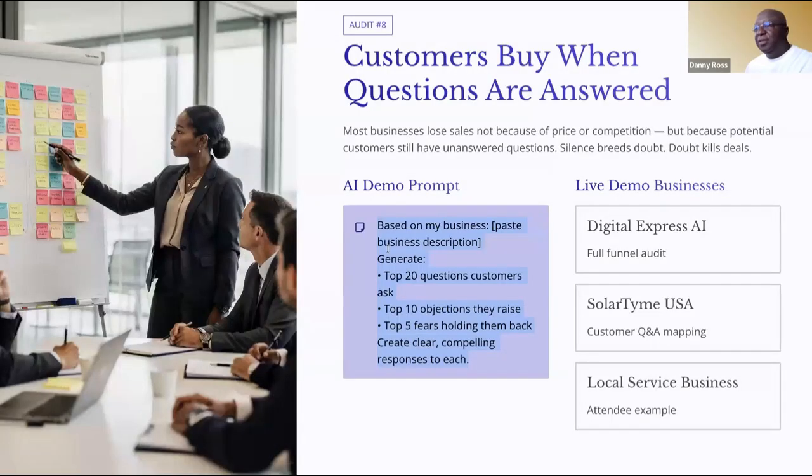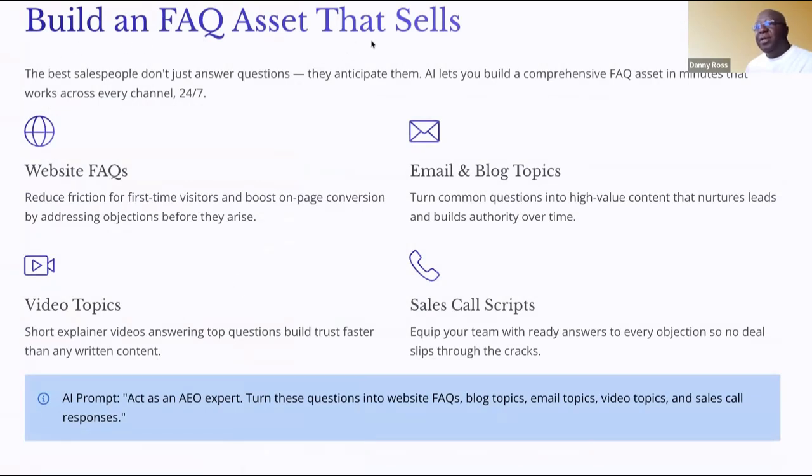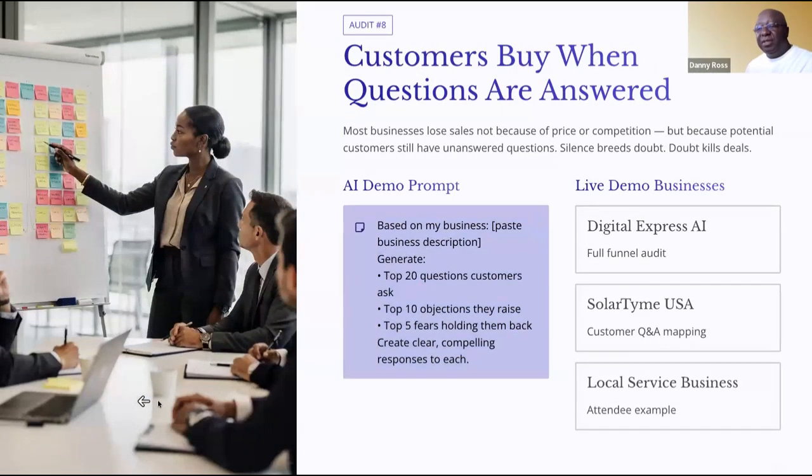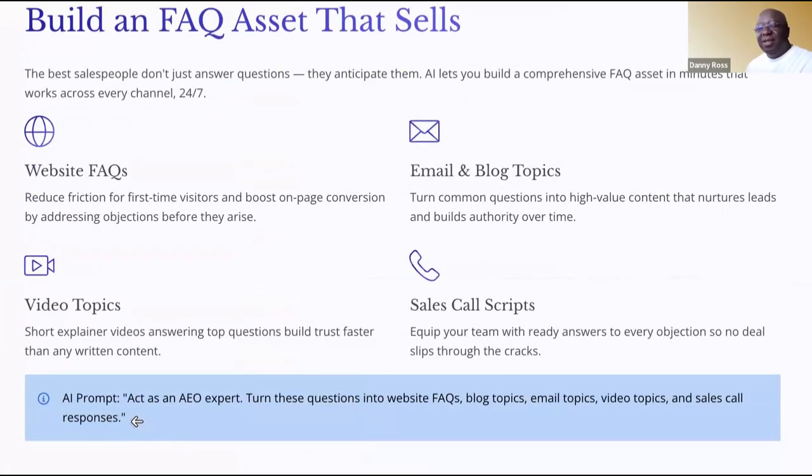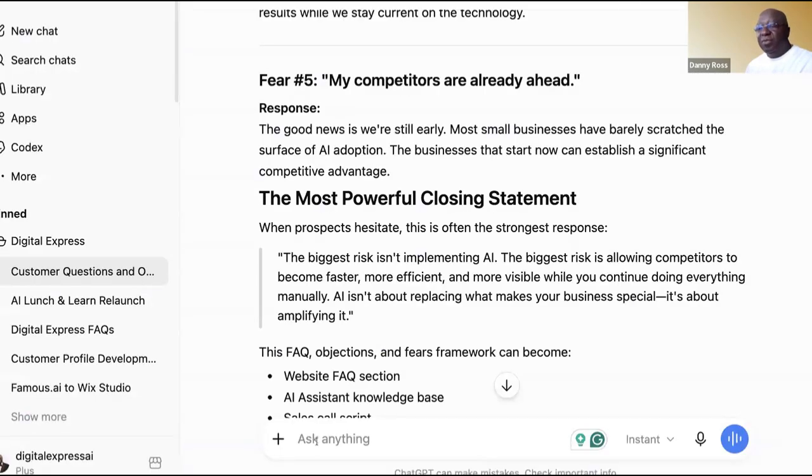And now we're going to look at the next step here. Building an FAQ asset that sells. Okay, so now we're going to convert this from just a theoretical thing into a physical thing. This new backward and forward is interesting. Let's see if we can get in here. I love Gamma, but this particular tool I'm not that much of a fan of. Let's see if we can get this to work here. All right, there you go. And now we're going to drop this into our stack here and move along.